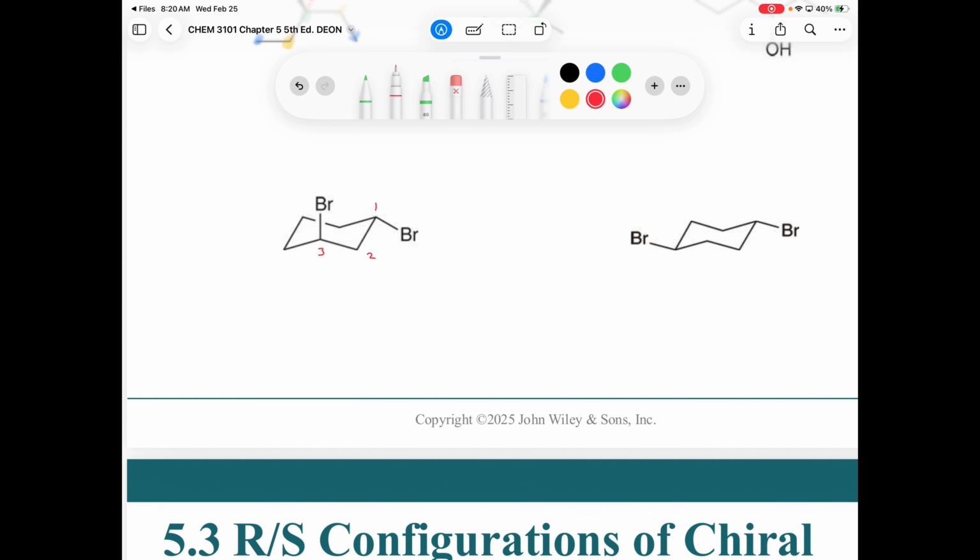And it's not a trick question. It would be trans, right? One bromine is pointing down and equatorial. The other one is up and axial. So down and up. So this is trans 1,2-dibromocyclohexane, or sorry, 1,3-dibromocyclohexane. And so if we draw the structure as a bond line structure, as a planar, instead of doing it as a chair,